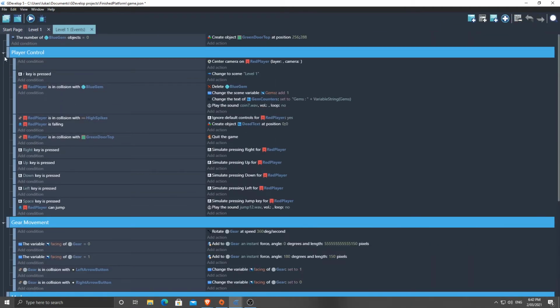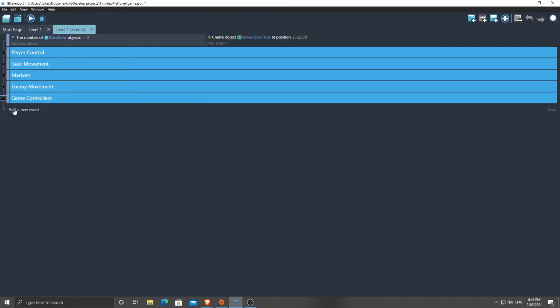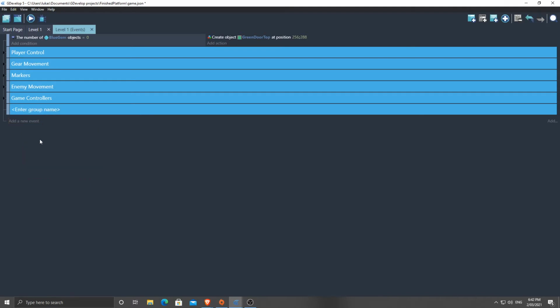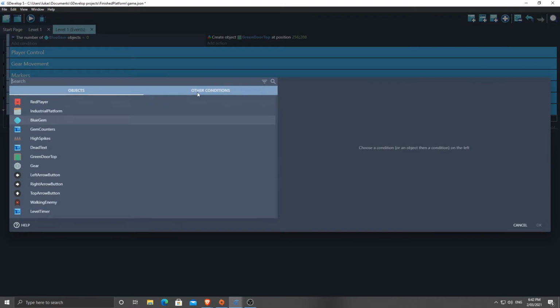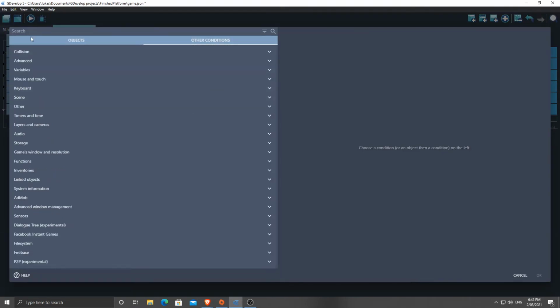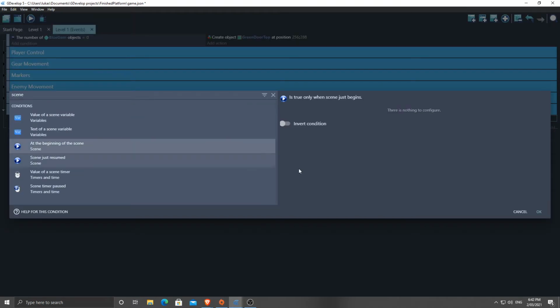So we're going to do our events, and I'm going to just hide these events here, the gear control, the markers, the enemy movement, the game controller. I'm going to add a new group. This one is going to be called level timers, or timer. Now in here I'm going to add a sub event. And at the beginning of a scene, we're going to set